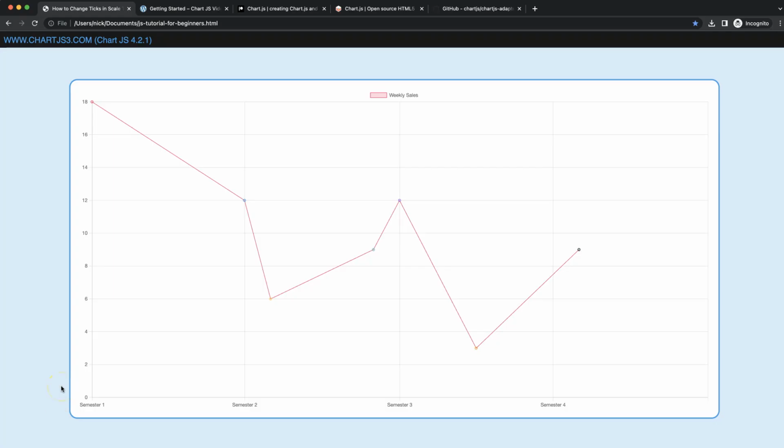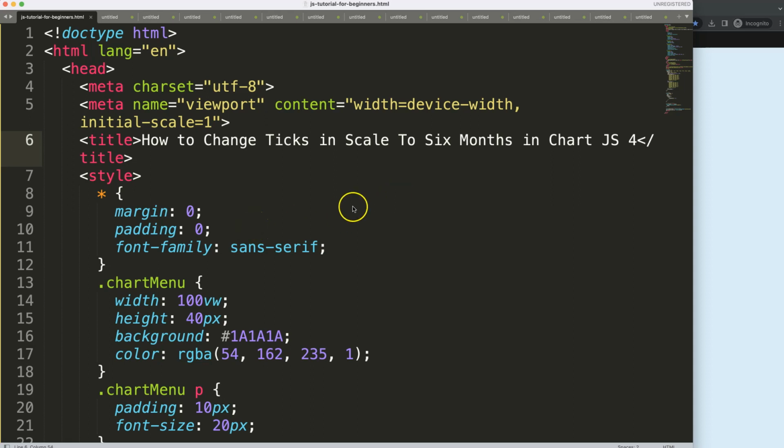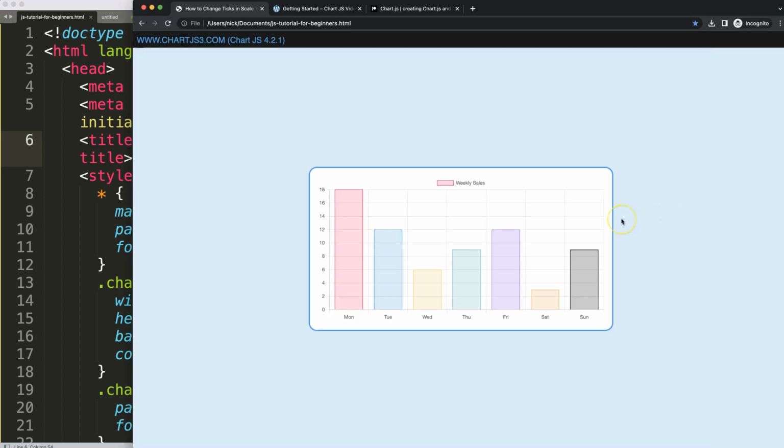In this video, we're going to focus on how we can change the scale here, and instead of having a date, we're going to break it down into a semester, and every semester will take about 6 months. As you can see here, we have these lines nicely. So to create or change the ticks in the scales to 6 months, what we need to do first is